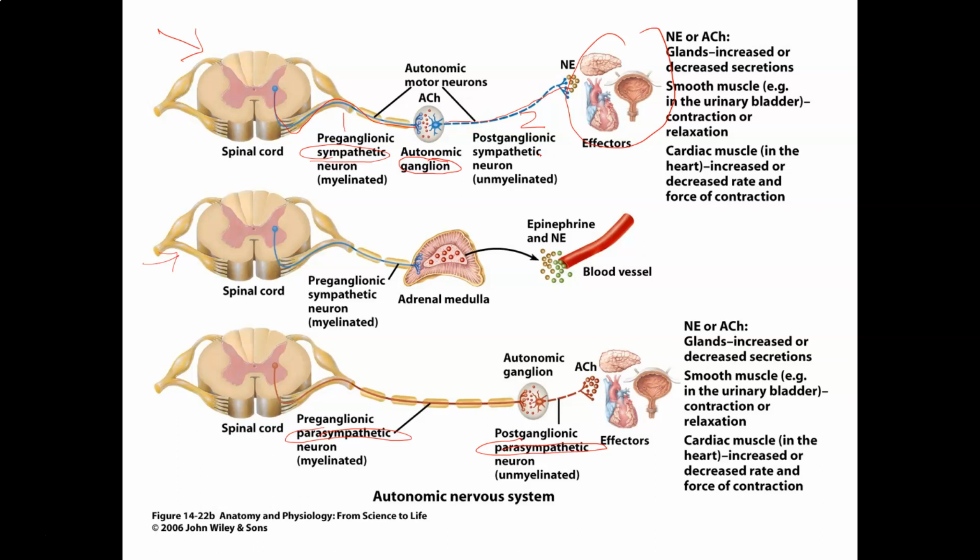To really control an organ, muscles, or glands, it's helpful if you can both speed them up and slow them down. Or if it's a gland, if you can increase secretion or inhibit it. So in most cases, that's what's going on with the sympathetic and the parasympathetic. You're going to have both types of neurons going to the same organ having opposite effects. So for example,